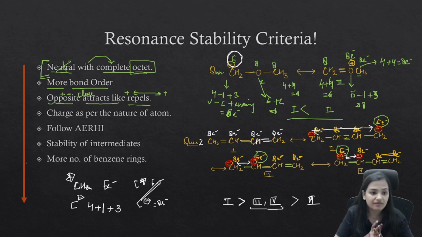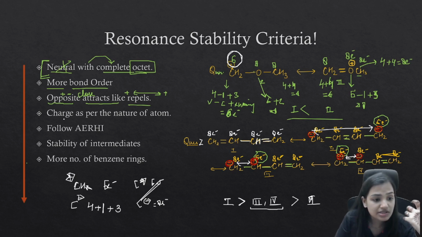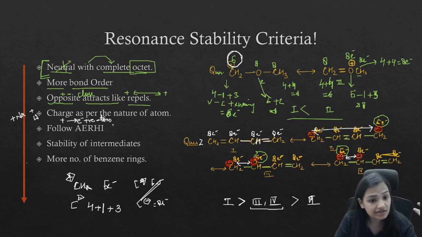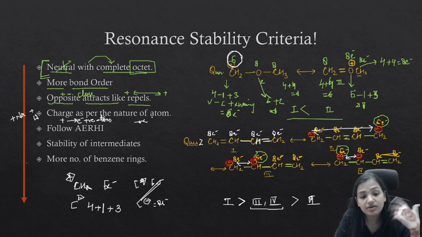Now this is what we have to decide. The question says that charge has to be as per the nature of the atom. Means if you are having a positive charge, the positive charge should be over the electropositive atom, just like you can put a positive charge over Na, you can put a positive charge over lithium, any metal which is electropositive,